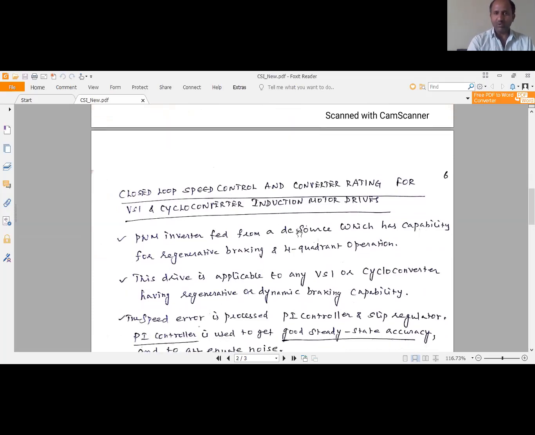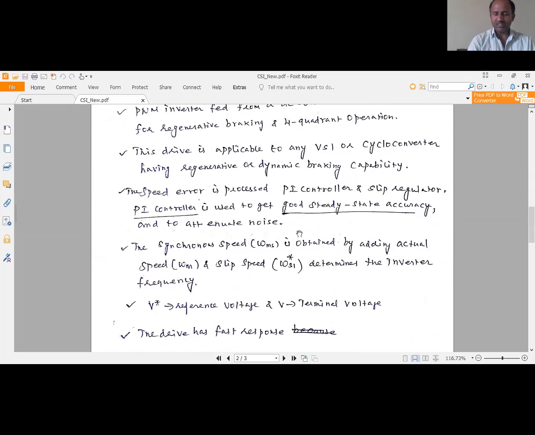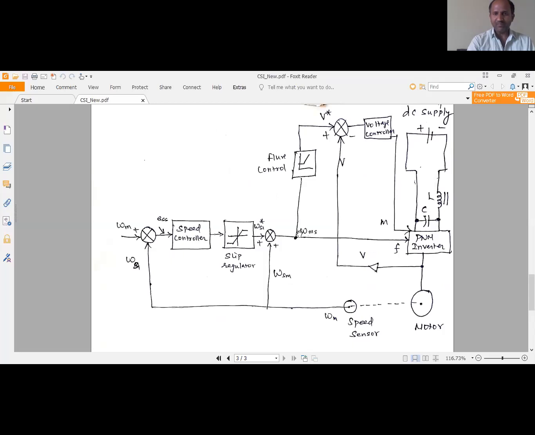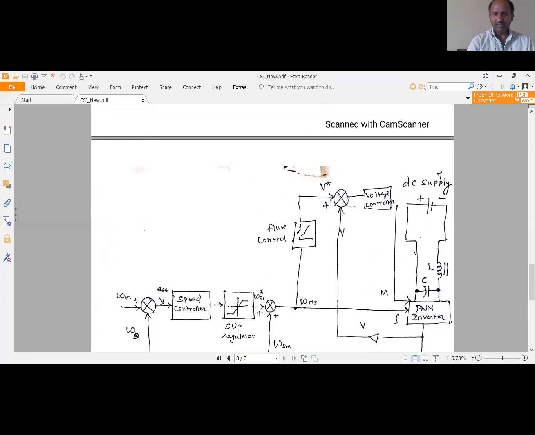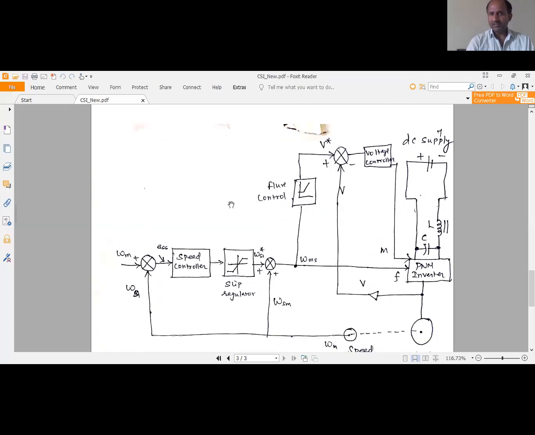So this is the closed loop control scheme: a closed loop slip controlled PWM, pulse width modulation, inverter drive with regenerative scheme, which is given here. This closed loop control scheme has various components.